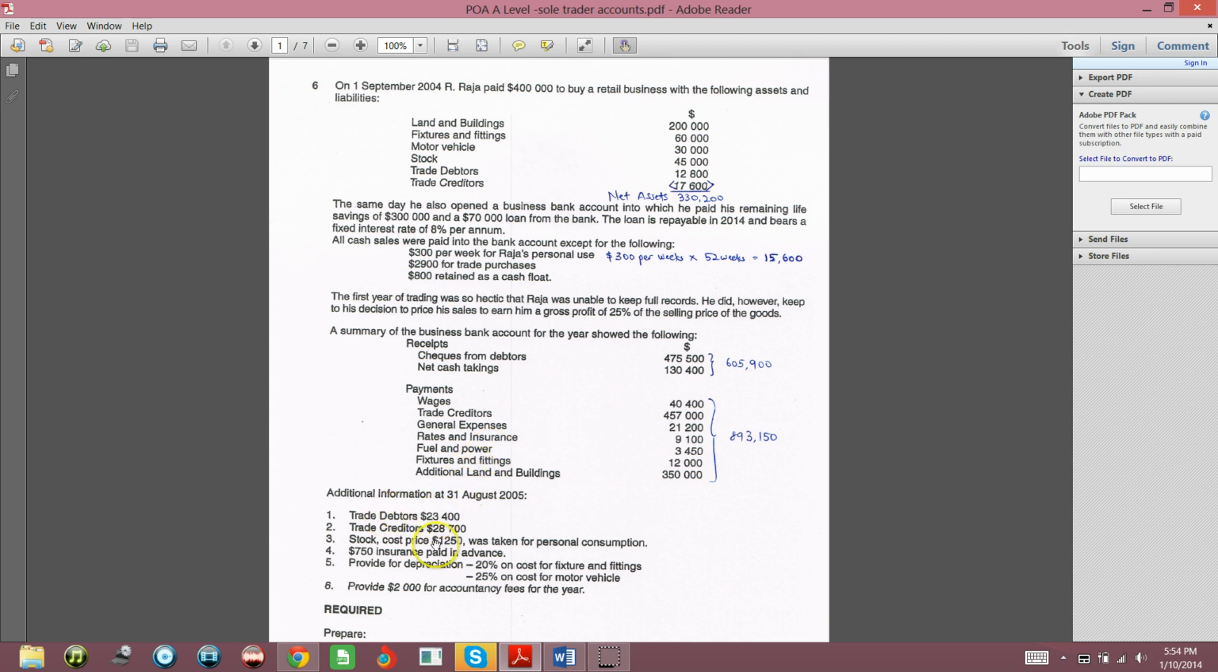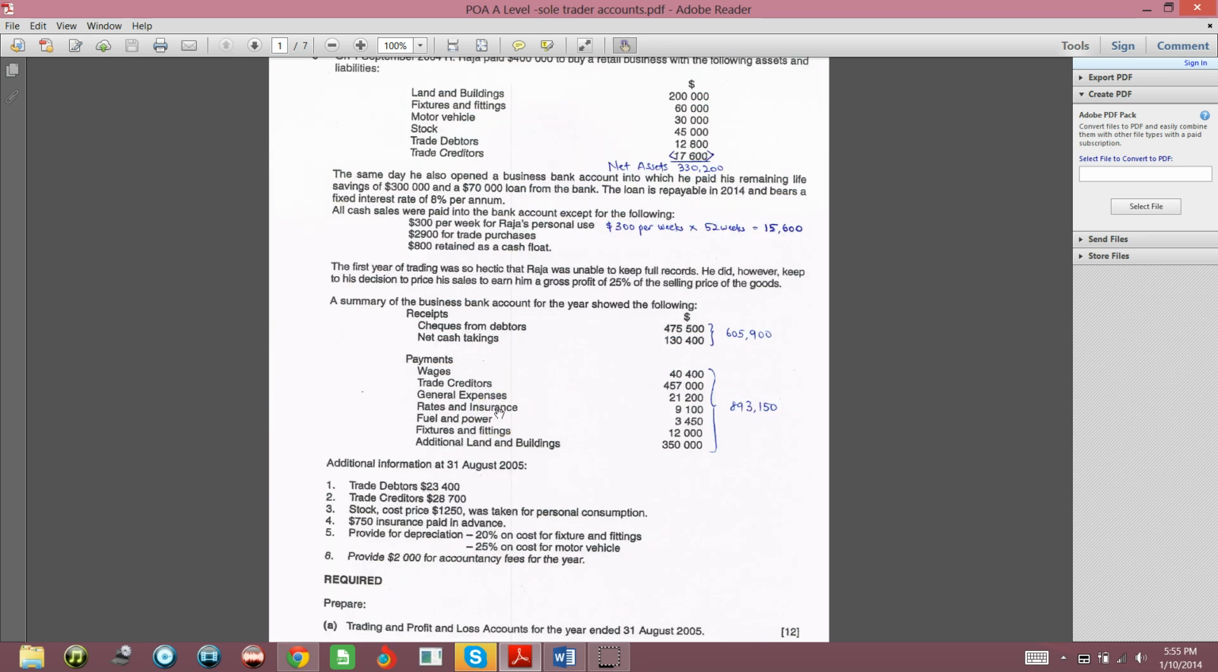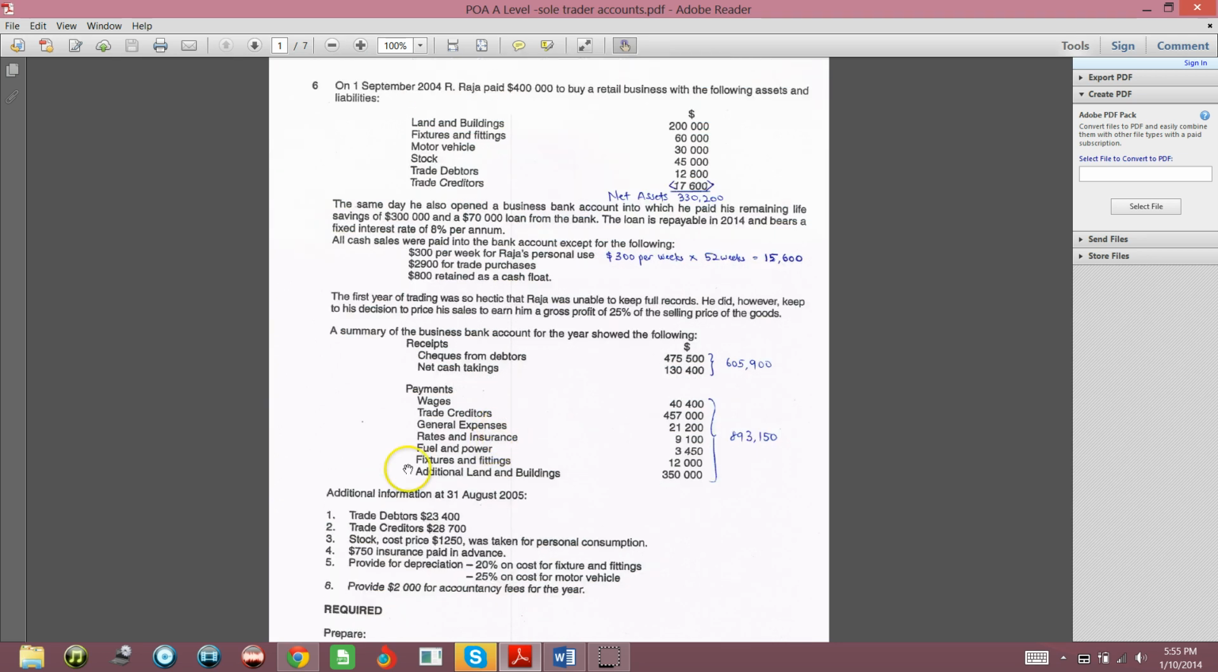The question asks you to prepare a trading and profit and loss account for the year ended 31 August 2005 and a balance sheet. That means what are your assets and liabilities as at 31 August 2005. Now you see this question is very long. Here it says additional information at 31 August 2005. This means at 31 August 2005, your trade debtors is so much, your trade creditors is so much, your stock